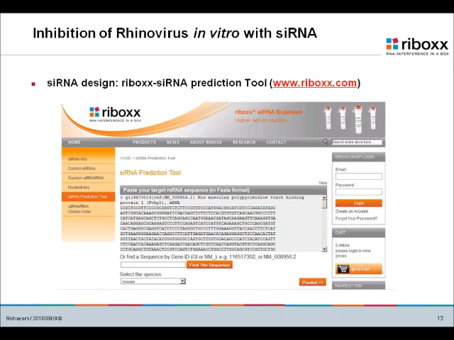The second information is, how does it look for the siRNA by itself? Do you have a very strong secondary structure in the small interfering RNA? You are dealing here with RNA, ribonucleotides, and they are very tightly packed. So if you have a very tightly packed small interfering RNA, you will have problems releasing the strands that are of interest for you, and then in the next step having them hybridize on your target to initiate the RNA interference. And the last question, that's the algorithm we're also addressing, was the question of the free energy, of the folding energy of those small interfering RNAs. So it was not only the primary sequence, it's also the 3D folding.